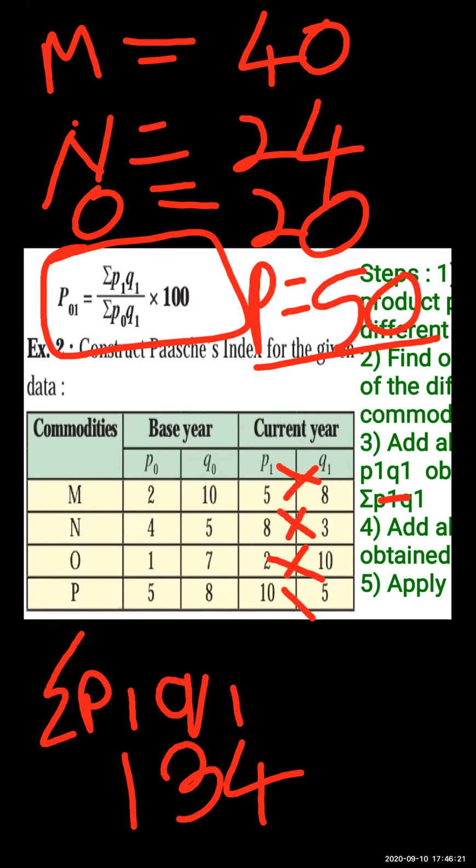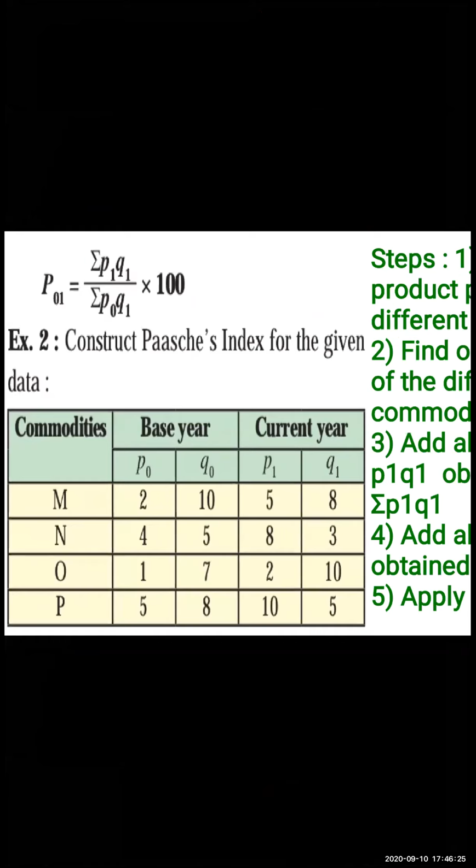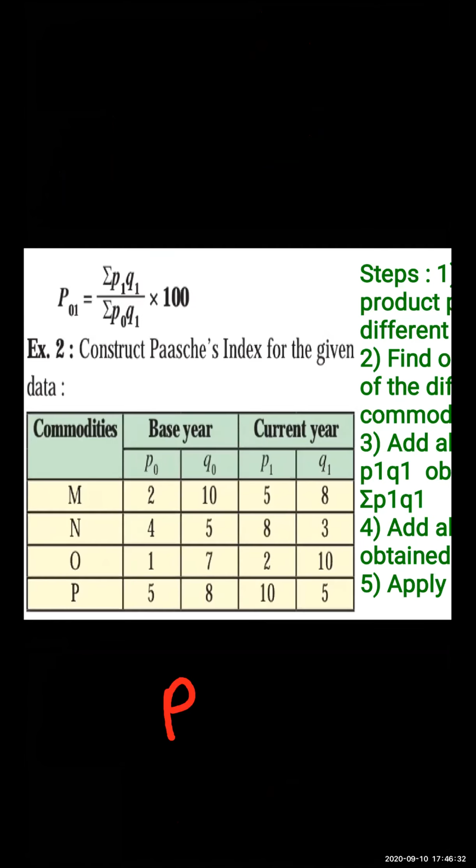Okay. Now in the same way, we need to find out product of price of base year and quantity of current year. Okay. I've erased. You all help me out with the data later on. Put the heading, next column, small p0 q1. Q1 is common. See, now you have to multiply this part with this part. Understood?